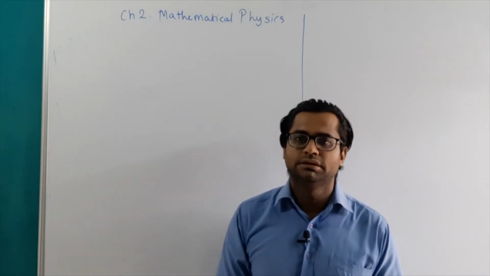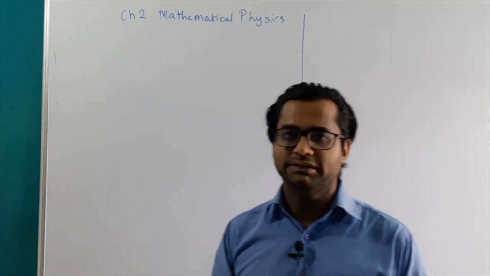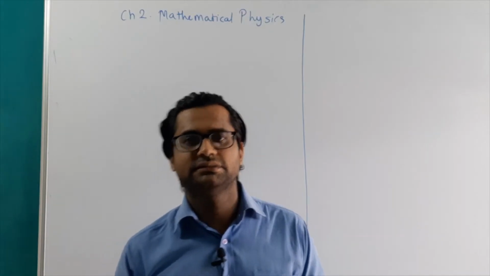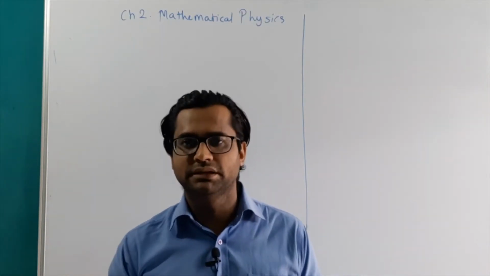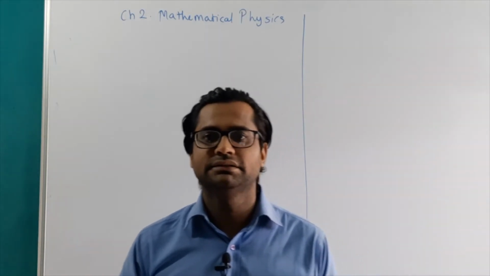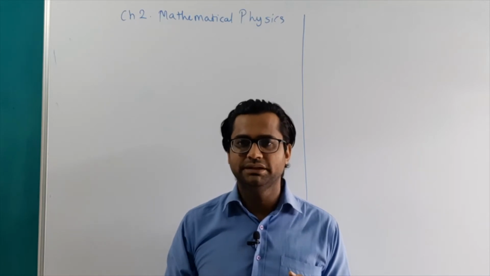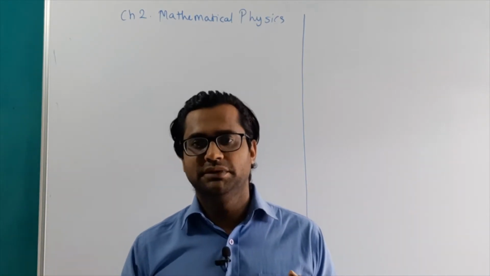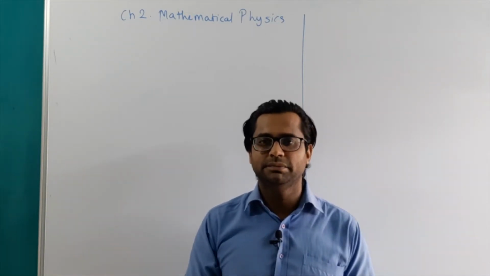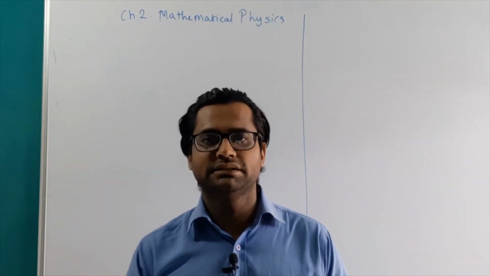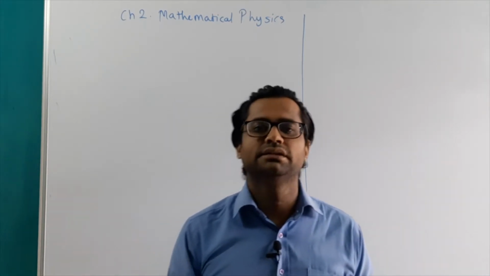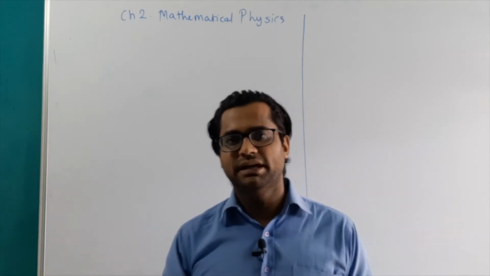तो बच्चों, it's our chapter number 2, mathematical physics, and so far we have discussed vectors, what are vectors, what are scalars, what is difference between them in our previous sessions, and we have studied the addition of vectors, different vector operations. So out of it we have studied addition, multiplication of vector by scalar, and if the vectors are parallel or anti-parallel, what to do, and if the vectors are at some certain angle, then we use triangle law, parallelogram law of vector. So in this way we add vectors.